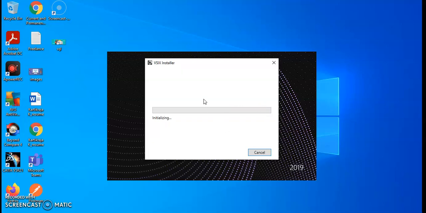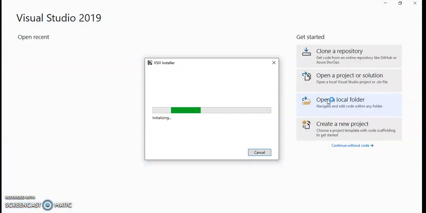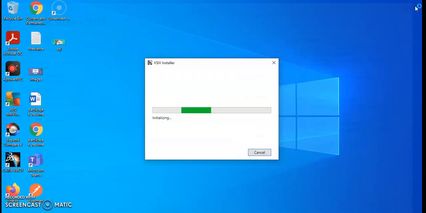See, it is getting installed. As soon as I close Visual Studio 2019, it is installing that SSRS report. I'm just trying to reopen Visual Studio 2019. Let me close that. Let's get this installation complete.